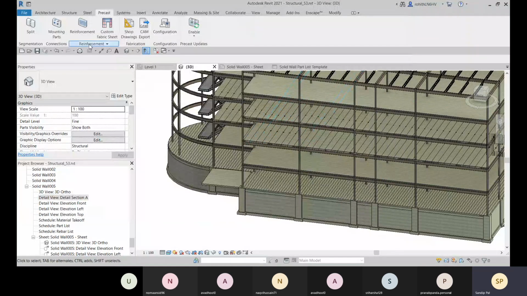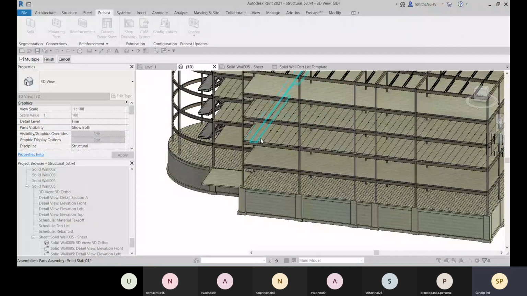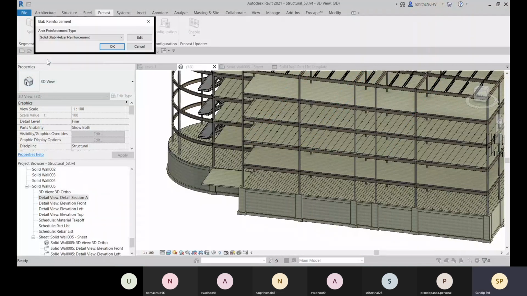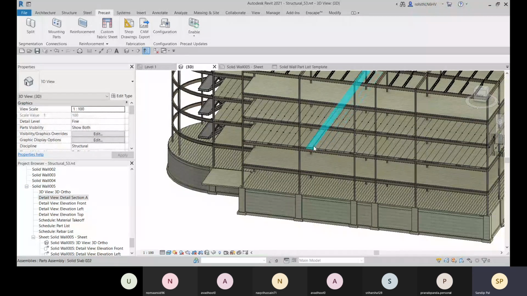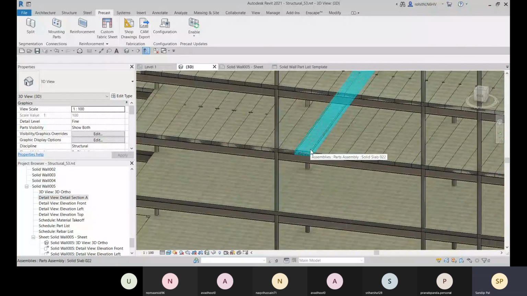And for this, I'll go with this reinforcement. I'll select that, click on finish, and here you can choose this one, click on OK. Just hold on, and here it is created.